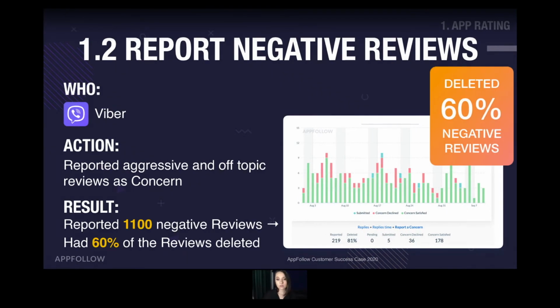So in less than half a year, they managed to report more than 1,000 negative reviews and had 60% of those deleted. So basically, they got rid of more than 600 negative reviews. And this is good for rating, and this is good for the image of your product. And so the biggest part, I think, about reporting concern as a feature, which I like,